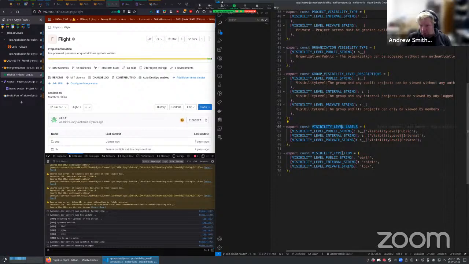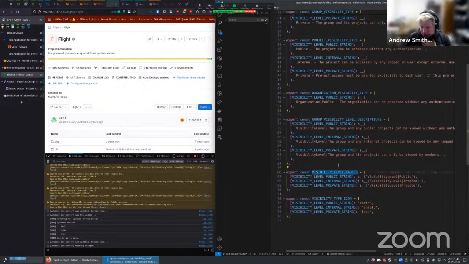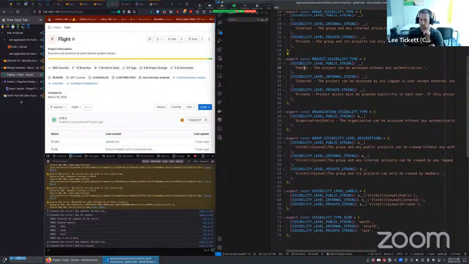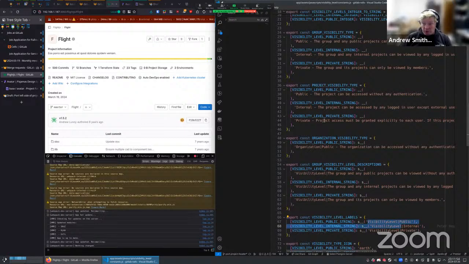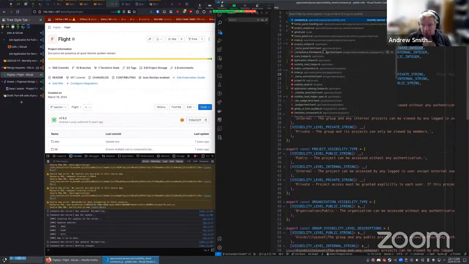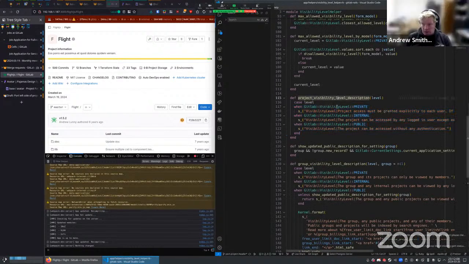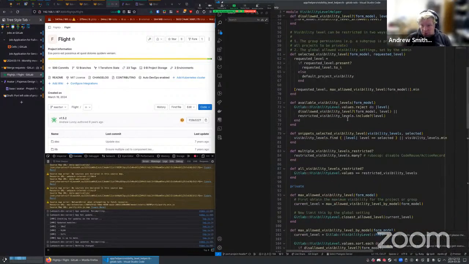And it's really weird. They've got visibility icon, which I'm copying. I've just realized they've got visibility level labels, but they've also got project visibility type. And these actually work out to the same thing in the pot file. But annoyingly, they don't have visibility ban. And if we check, oh yeah, because you're saying they're numeric, but then that one's a string, right? Yeah, they're numeric on the project. But there's also